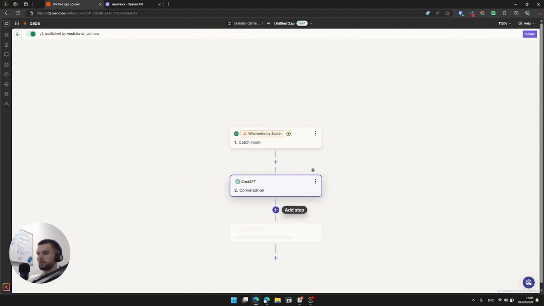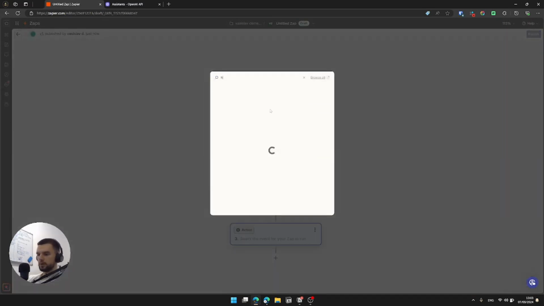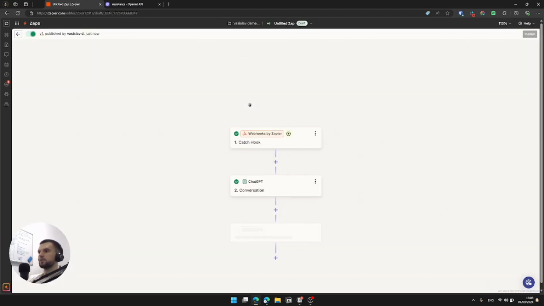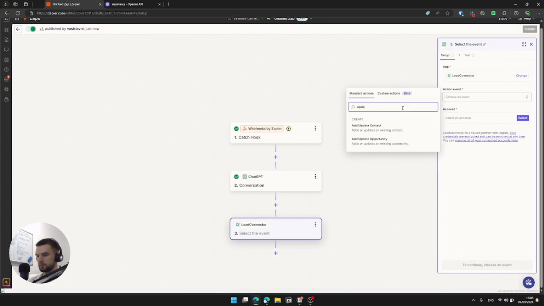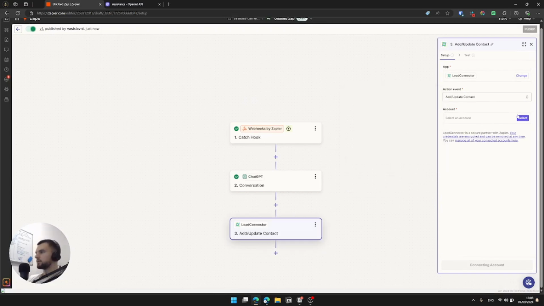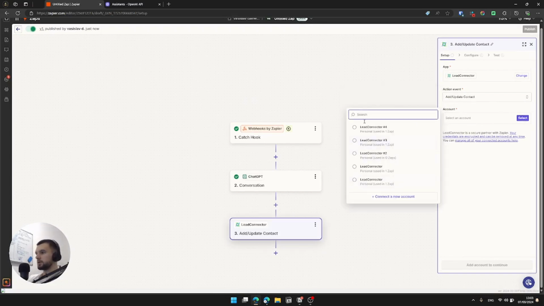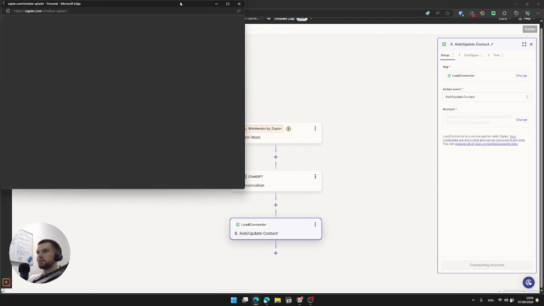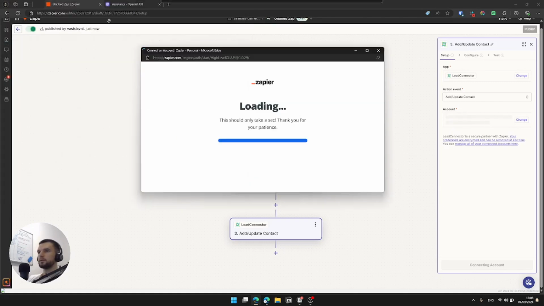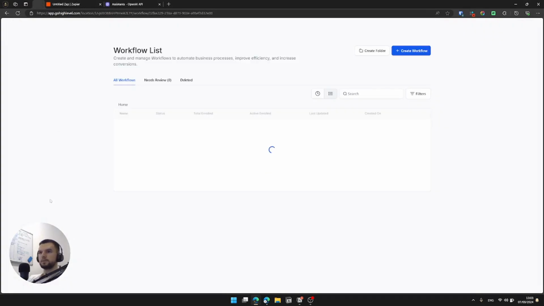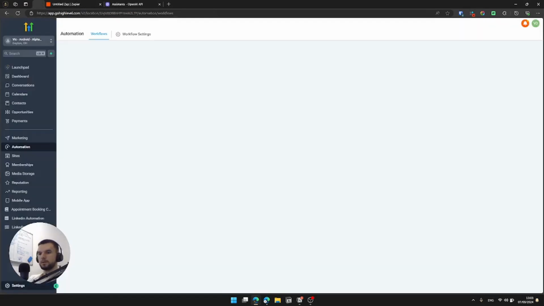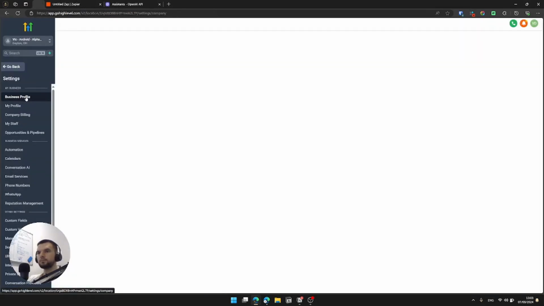Okay, almost there. Now we need to add GoHighLevel, which in Zapier is called Lead Connector. Choose an event, which is update contact. Choose an account. I have a bunch, but I'm gonna add a new one so you can see. Pretty much go back to GHL, go to settings, business profile,